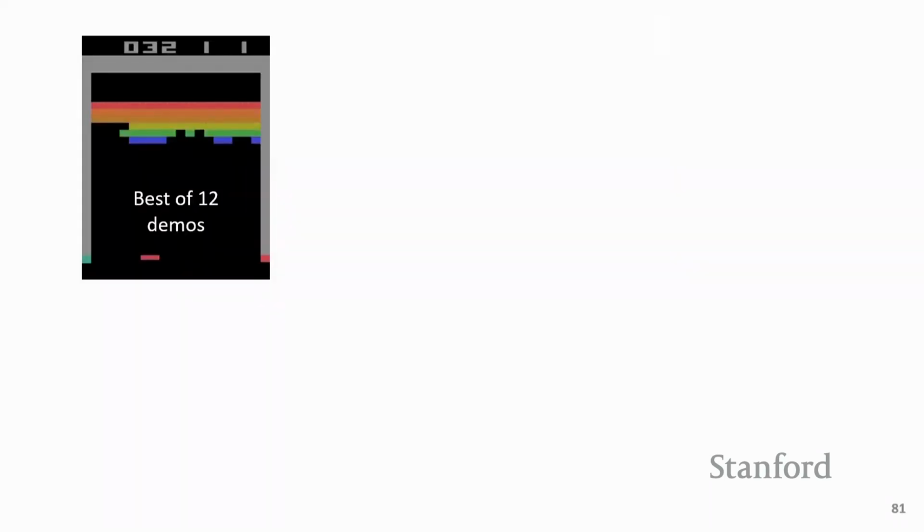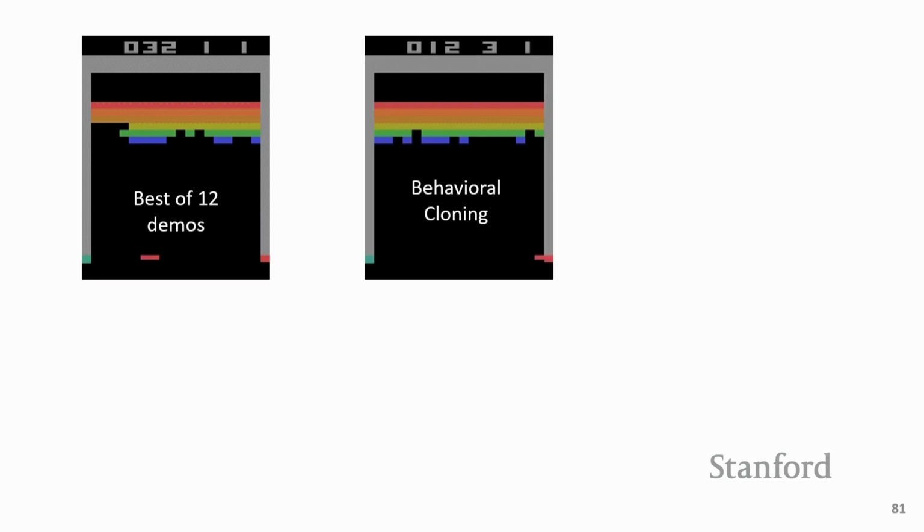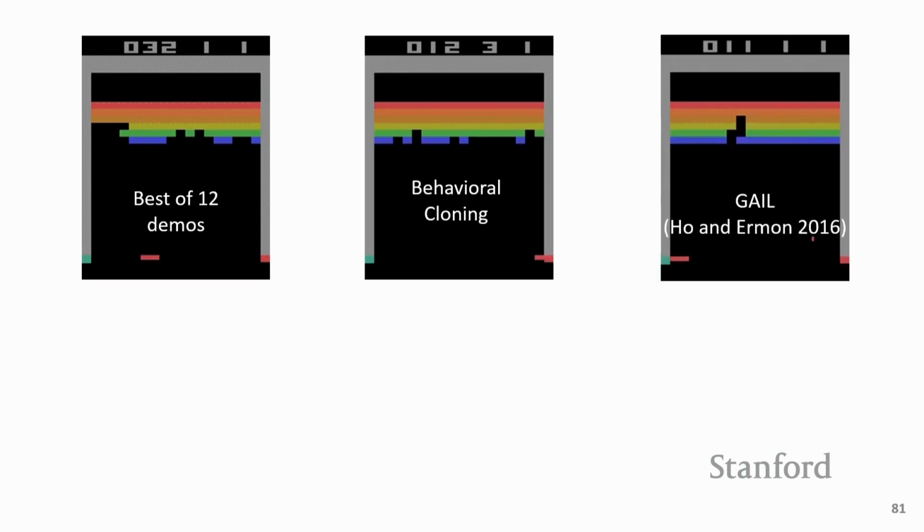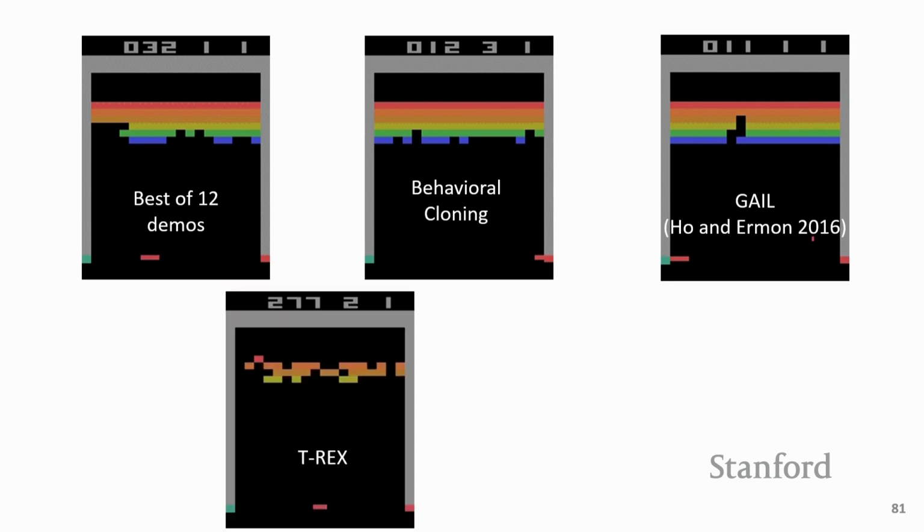And compared to some other approaches, so if we look at the best of the 12 demonstrations, these demonstrations actually never are that good. This is actually a quite complex game when you start hitting the higher and higher levels. And just running behavioral cloning doesn't do that well. You can look at some other approaches, such as a generative adversarial approach. And these methods are often really unstable and are hard to apply to these visual domains. If you look at T-REX, it does much